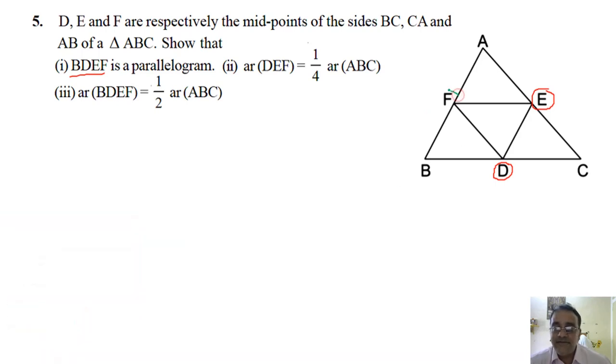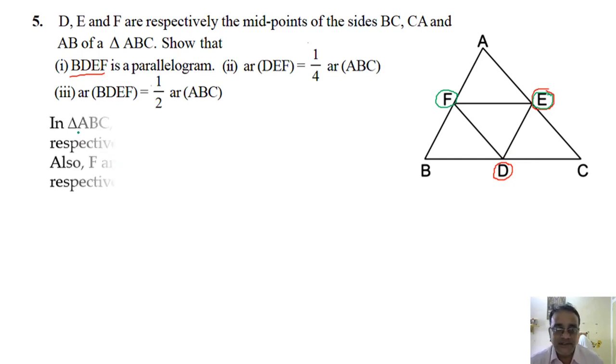Next, अभी ध्यान से देखो next वाला जो है. Now F is the midpoint of AB and E is the midpoint of AC. So what can you say about FE and BC? FE is parallel to BC and FE is half of BC. Very good. So I'm going to use these two midpoints and these two midpoints right now.